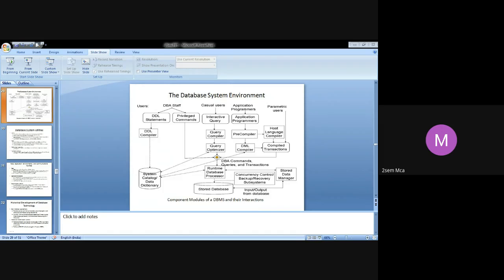So loader is one important utility. What is the functionality of the loader? It is to load the files into the DBMS. When we load a file, the file can be in a different format. So the loader will also take care of transforming this source file format into the destination file format. Both the formats will be given to the DBMS already, right?